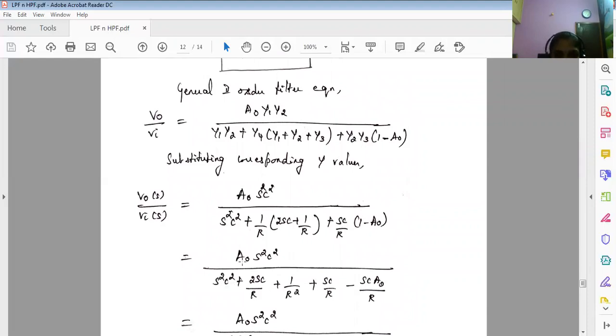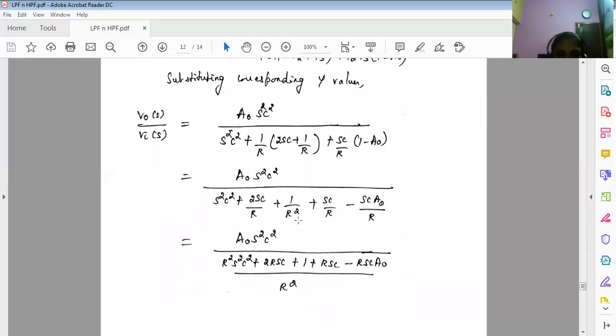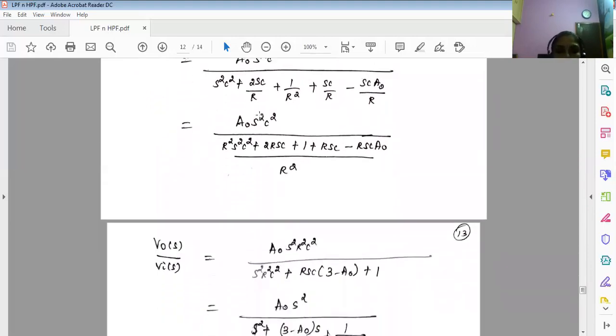So I'll be getting A naught S square C square divided by S square C square plus 2 SC by R plus 1 by R square. That is splitting this bracket. And then once again SC by R minus SC A naught by R. Then taking R square as the common LCM, you'll get this step. The next step is moving this R square to the numerator. So when I move it to the numerator, V naught of S by Vi of S is equal to A